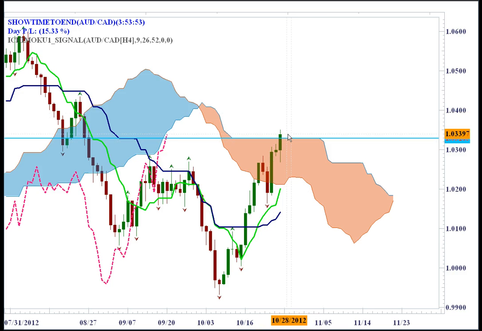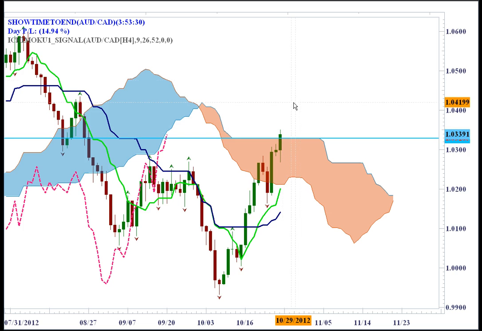All we have to look at is where price is and where its location is as opposed to the cloud. So is it above the cloud or below the cloud or inside the cloud? If it's above the cloud, we're bullish. We want to be looking for long trades, right? But now it didn't close, so today we want to make sure this price closes above this